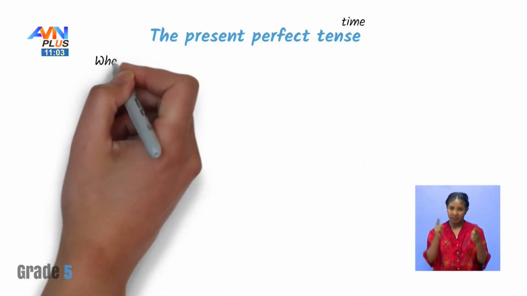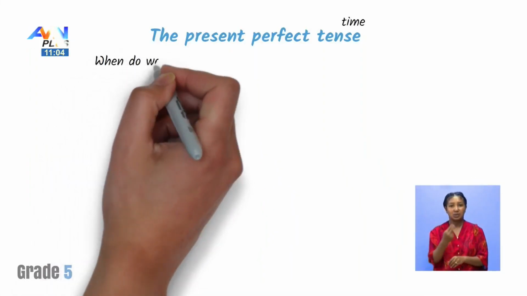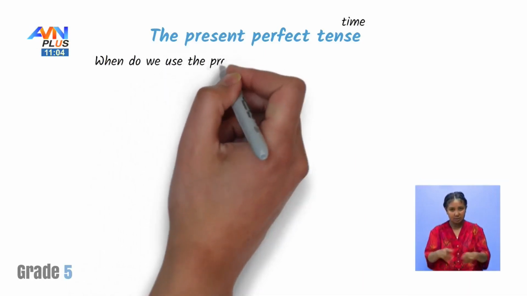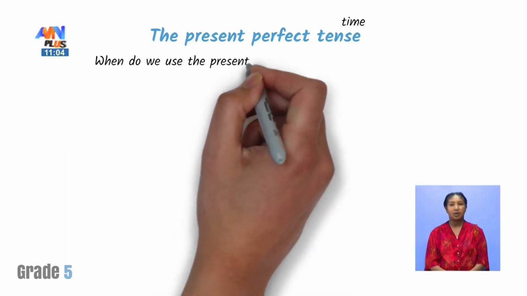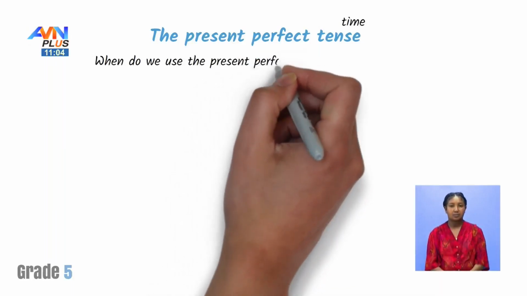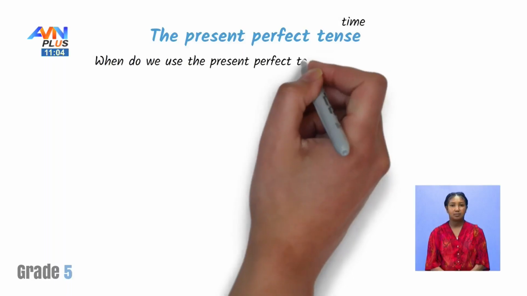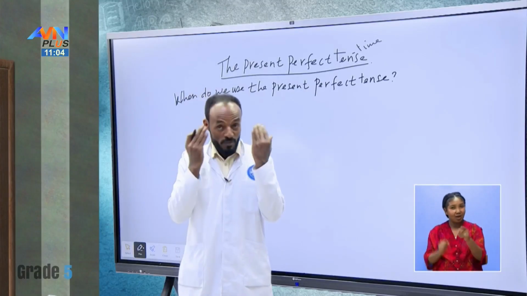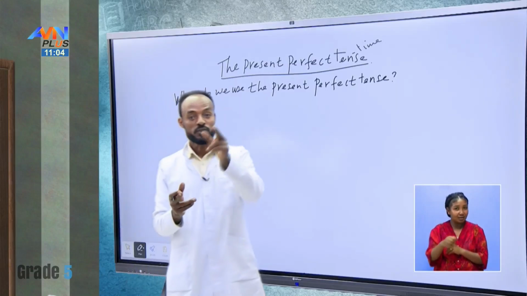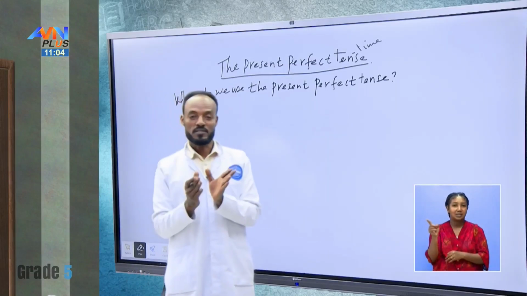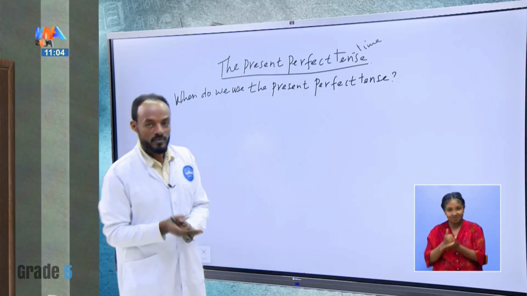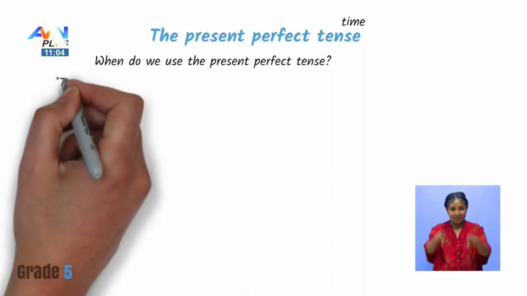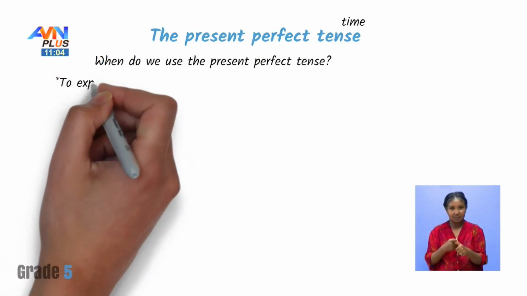Okay, students, when do we use the present perfect tense? Students, can you guess it? I hope you have something in your mind. Please, tell to your parents, students' parents. Please try to help them. Thank you. Students, we use present perfect tense, one, to express